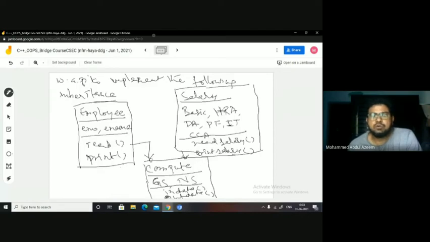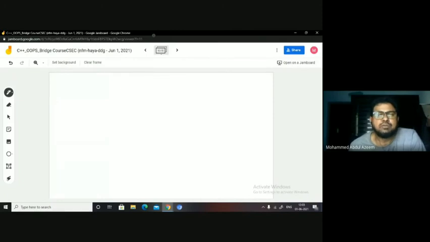And both of these base classes are being inherited at compute salary, another class you have. At compute salary, you are inheriting both employee and salary class, and it consists of gross salary and net salary, two members, and then it has two functions, in data and out data. So now what you have to do is create an object of the compute salary class.